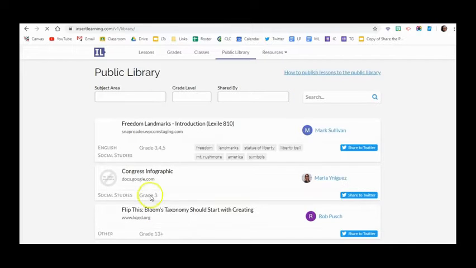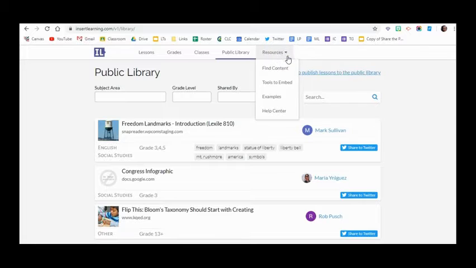The public library is super nice because it allows you to view and find Insert Learning lessons that teachers have already shared and collaborated on. You can also publish your own lessons to the public library, which gives you free additional lessons that you can create. Again, you can have up to 5, but every time you share to the public library, you can have an additional lesson as well. So there's a lot of really great resources here for you, a lot of great examples,